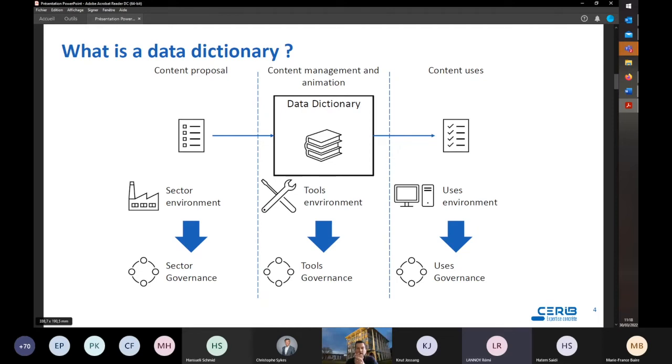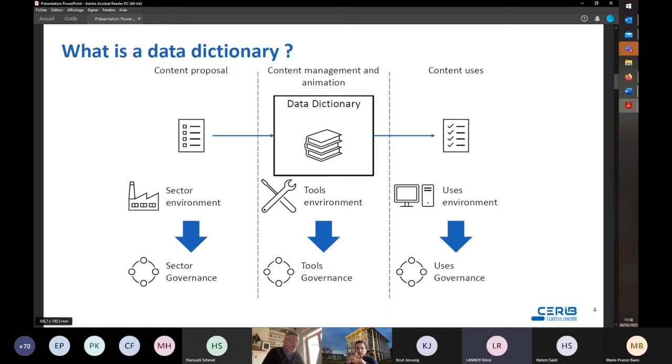First, it is structured in the sectorial environment, on the left, where the aim is to describe construction objects specific to an activity. In the middle, second, it is integrated into a user environment, where the data it contains will enable a particular work to be described.